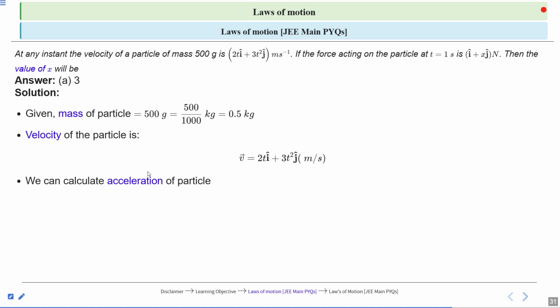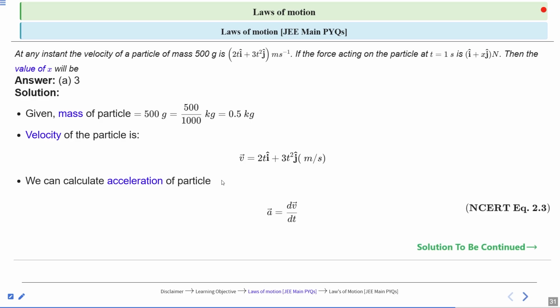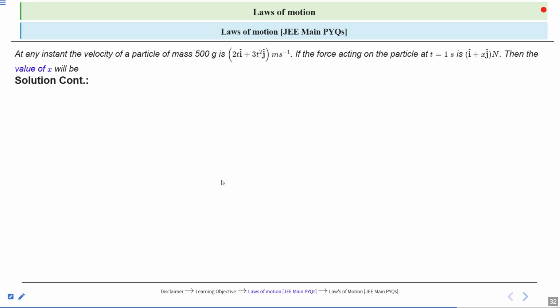And we can calculate the acceleration of the particle using the velocity. How can we calculate? The formula is: acceleration is equal to the rate of change of velocity. So a is equal to dv upon dt. Using the value of the velocity, we can find the acceleration. Solving for acceleration, a is equal to dv upon dt, and we know v is equal to 2t i cap plus 3t square j cap. So when we differentiate v with respect to t,